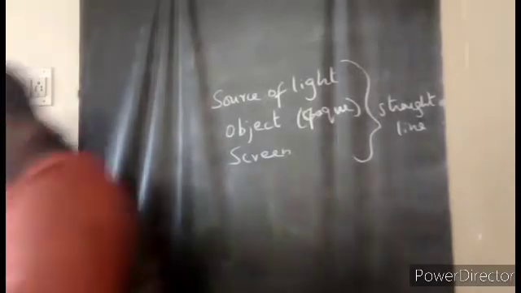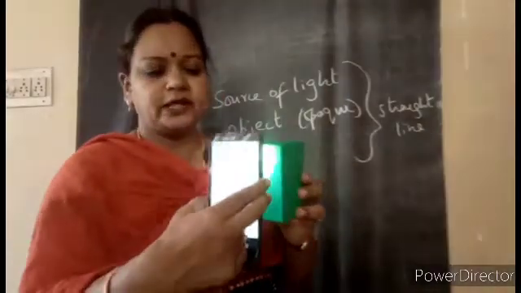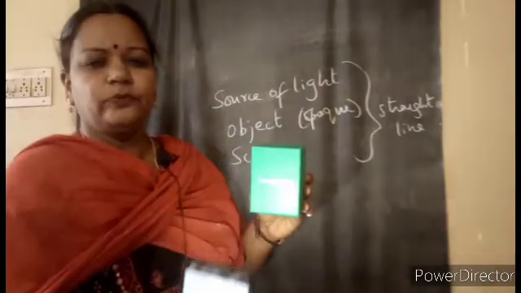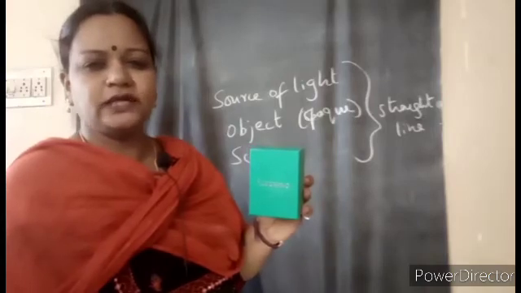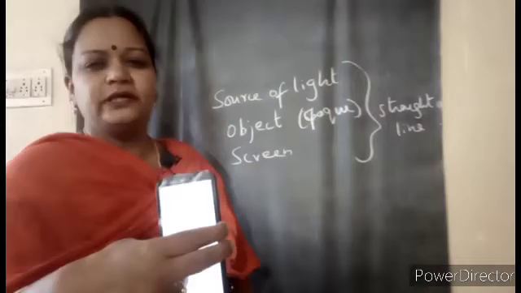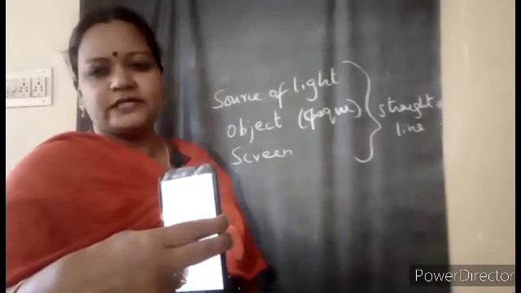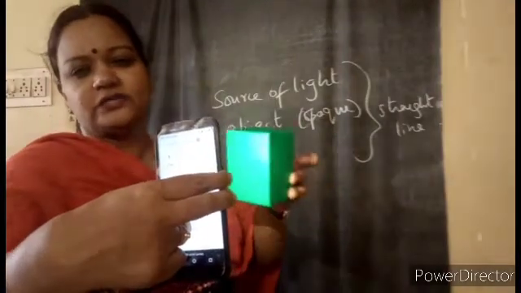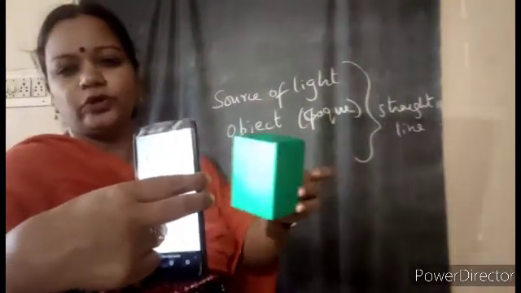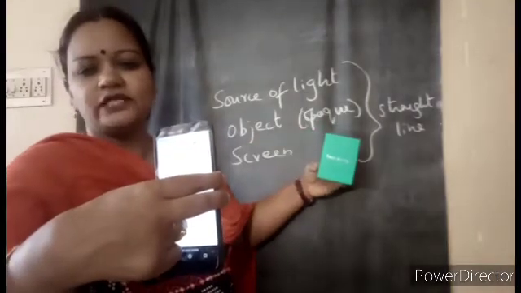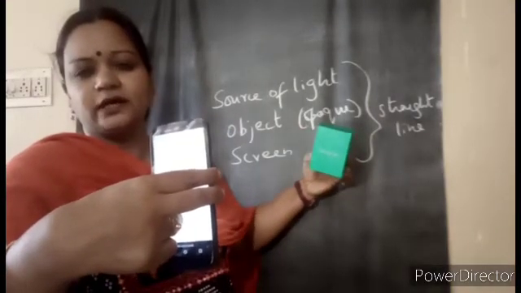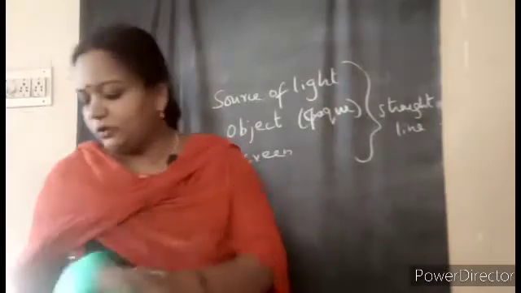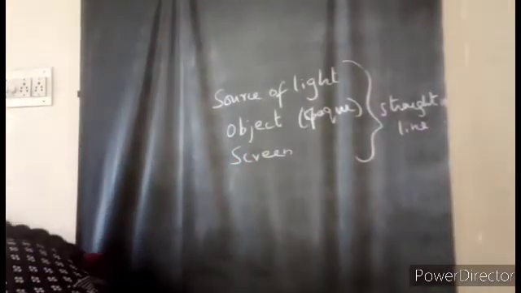Just shall we try this children? See here, now see, this is the source of light, no children, source of light and the box, and when I am keeping it straight, you are able to see the shadow. When I put the light down, it is not in a straight line, can you see the shadow? And when I am bringing the box down, you will not be able to see the shadow. In the same way, when the screen is getting moved, all these three should be in a straight line to get the shadow. You can see that. This is what I am saying, you find it on your own by moving. Now only you can see when you are able to see the shadow, the size is smaller, when it is becoming big, by playing like a playway method, you can do that and you can note down.